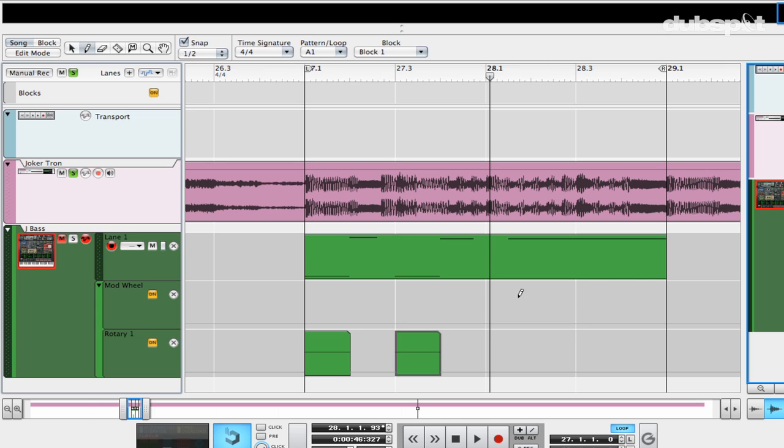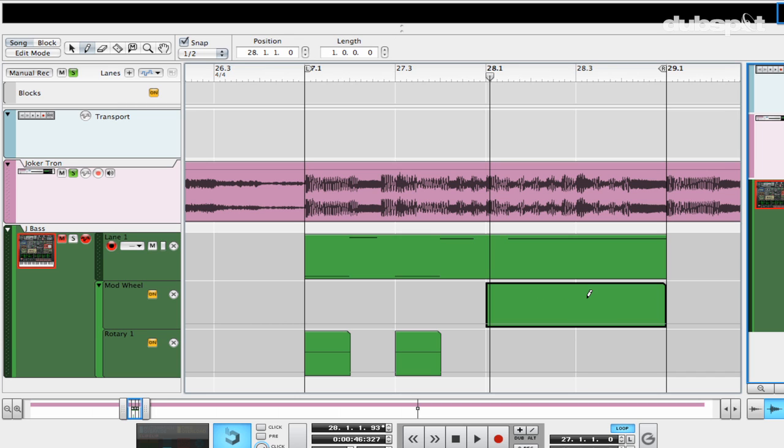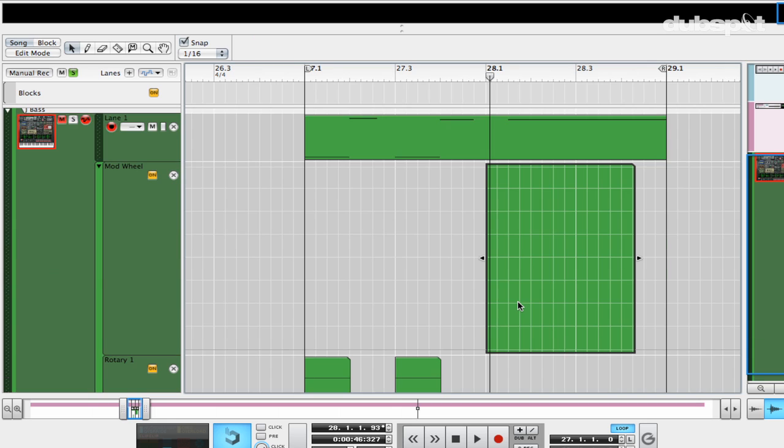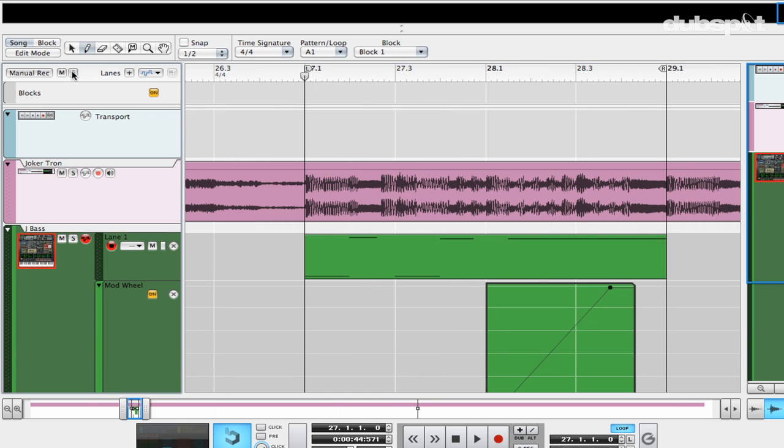So I'm going to draw in another clip here, and I'm going to disable the grid by hitting the S key, and I'm simply going to bring this clip back a little bit so that it stops. Then I'm going to go into the mod wheel automation, and I'm simply going to draw in an increasing amount that happens over the time of that. So let's set this to the full exaggerated amount when it gets to the end of this. So if I play it back now,